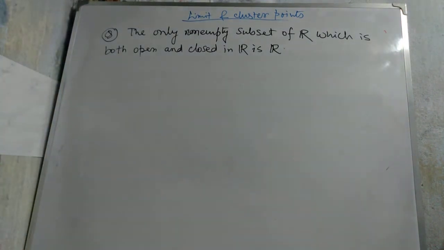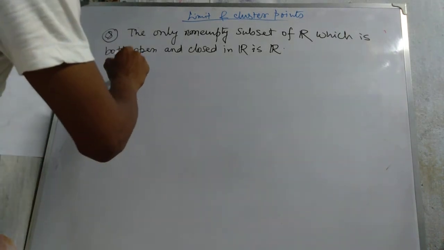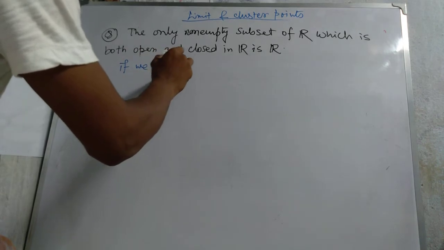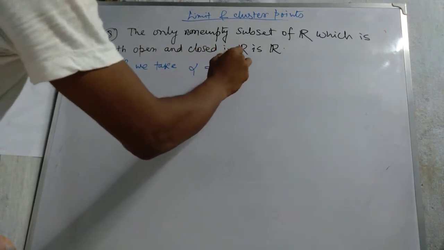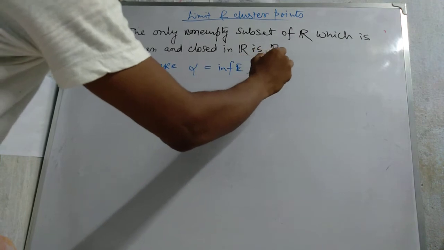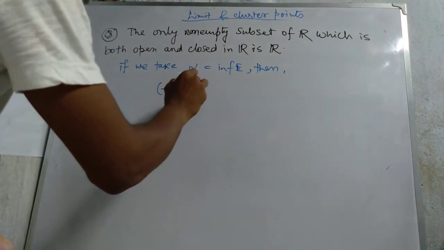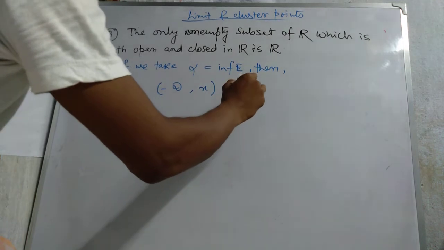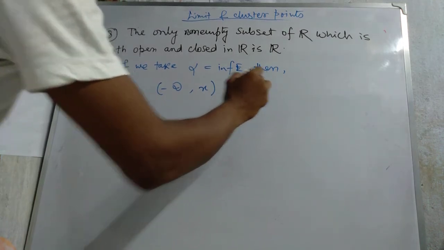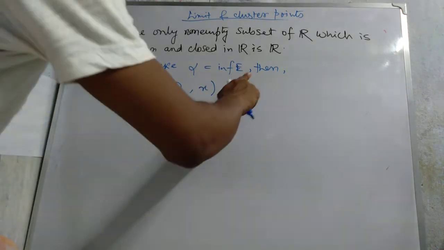Now we get further. We take a similar procedure for beta equal to infimum of E, or if we take alpha equal to infimum of E, then also minus infinity x subset of E. Okay,